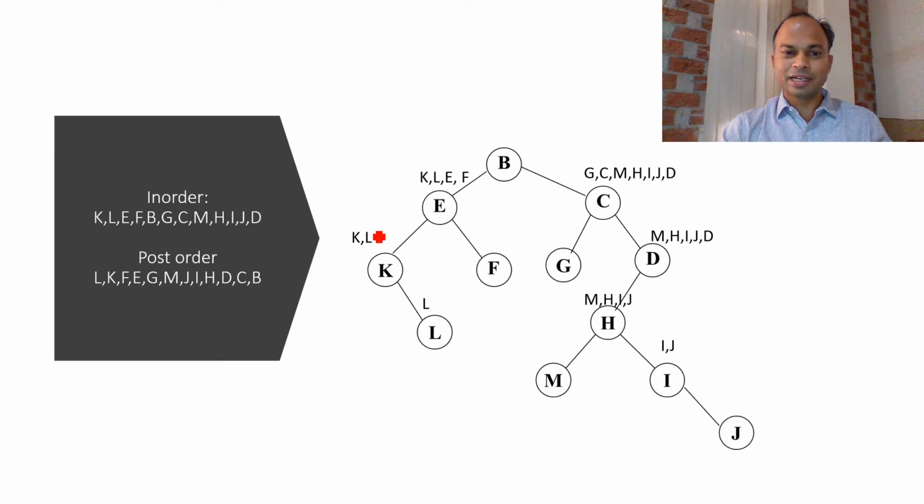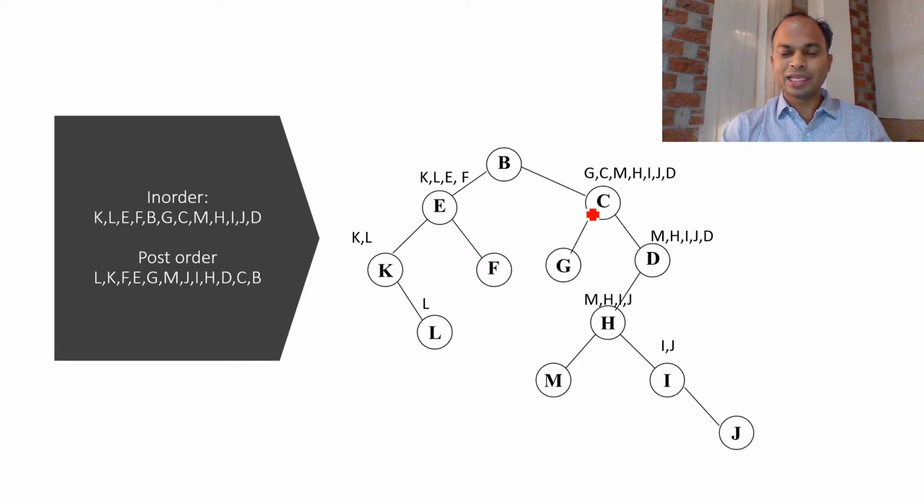After finding the left child, we have to find out the root of the left subtree, I mean the root of KL. So further we have to refer to our post-order sequence. The post-order sequence is KL, I mean the last value is K. Therefore K is the root. Further we have to refer to our in-order KL, and if K is the root, we are getting L on the right-hand side of K, therefore L is the right child of K. And we have found every node of the left subtree.